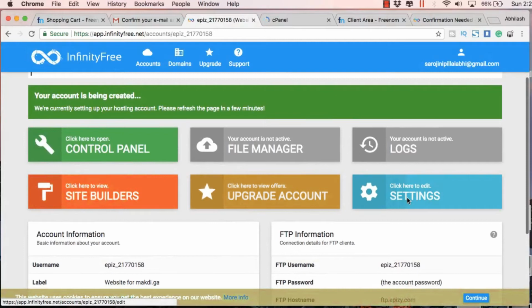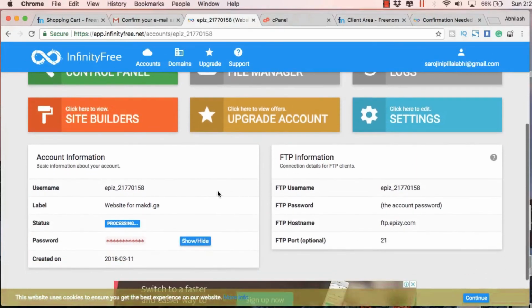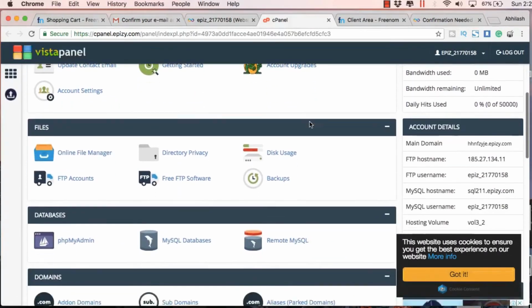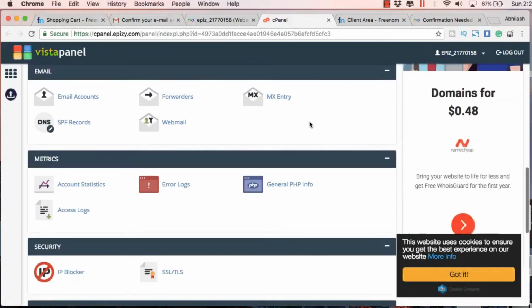Here you will find details about your hosting account. You will also see your username as well as your password for this hosting account, and on the right side you will get FTP information about how to upload the files to the server. So this I will be discussing in one of my later videos, but for the purpose of this video, let's go to the control panel, and here you will find